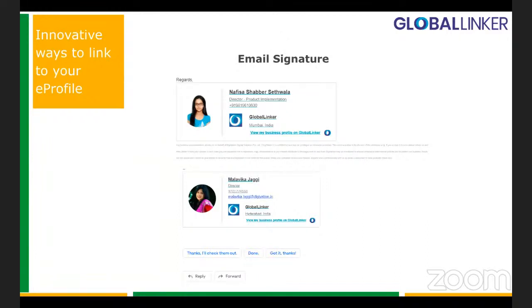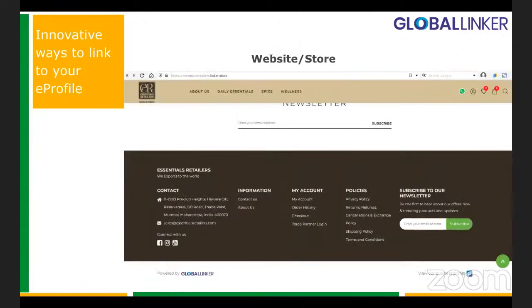Here, what we have done is we have created a very cool way of adding our own signature. Whenever my colleagues and I send an email, we have created a signature over here, and this goes as our signature whenever an email is sent from our side to our contacts inside or outside the company. This feature is also there in the platform. You can simply copy your code and paste it here. Another way is if you have your own website or a store, add a link to your profile. You can add it innovatively as a footer. You can add it over here as links where you put different connects. Add the link to your profile as well, so people can go and visit you and know more about you very easily.